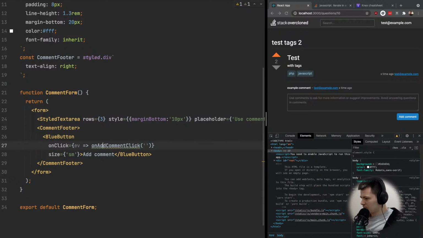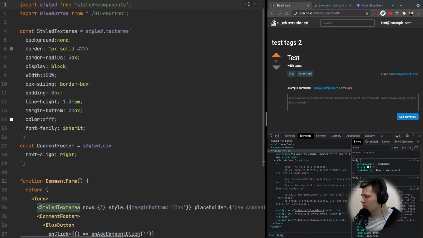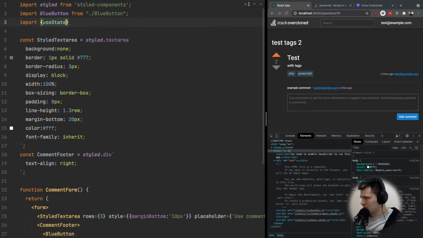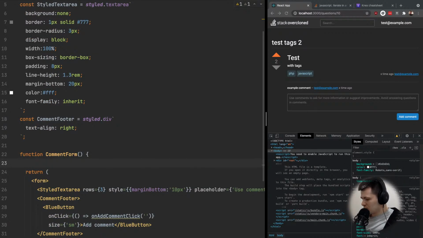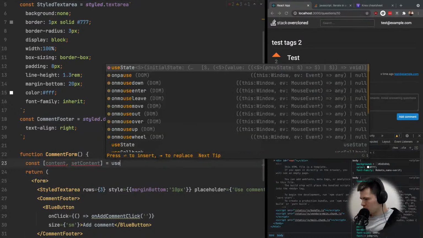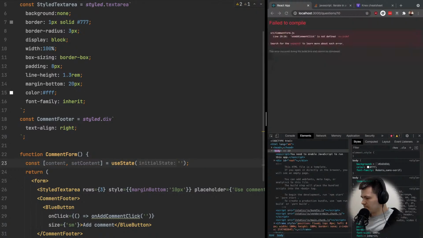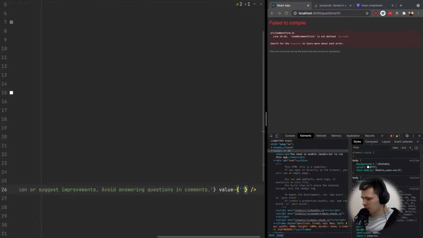we don't have the text area value here, so we need to import use state from React, and then we can do like this: const content, we'll use state for content of the comment, and set content equals use state, and it will be empty. And then we just put the content here,